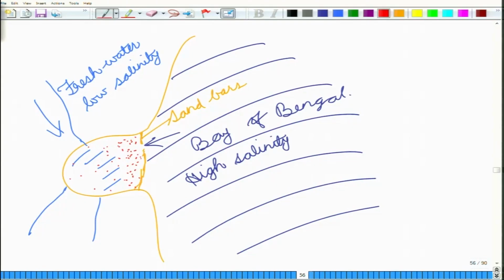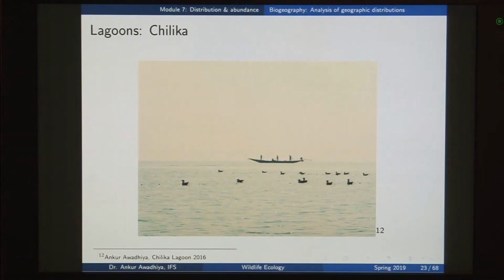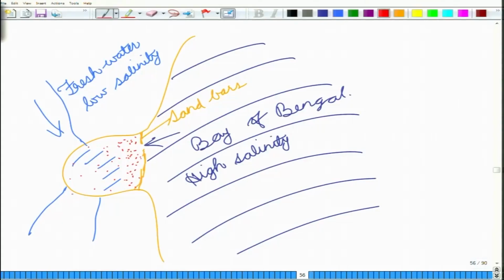Now, here again, if you ask what are the species that are found in these areas, there is a dolphin by the name of the Irrawaddy dolphin that is found in this area, and this dolphin makes extensive use of the organisms that are found here. Typically the plants that grow near the banks, which have a very low salinity, will be very different from the plants growing in these high salinity areas. So, this makes a habitat that is structurally very diverse. Plus, you will have